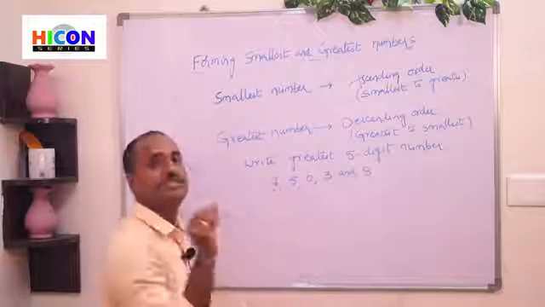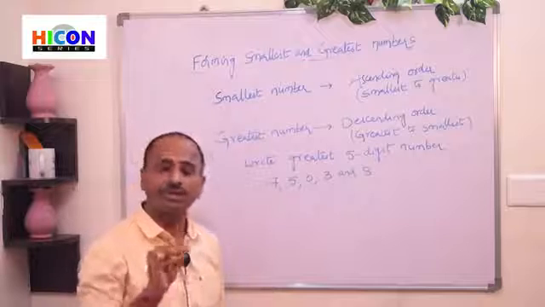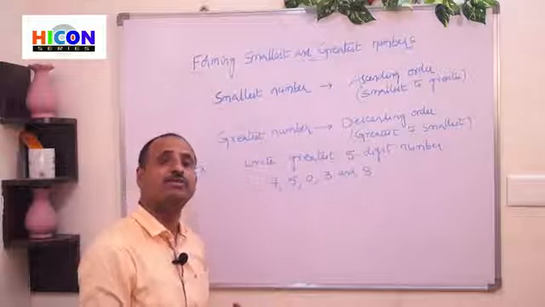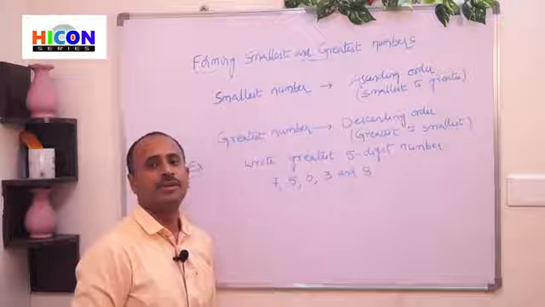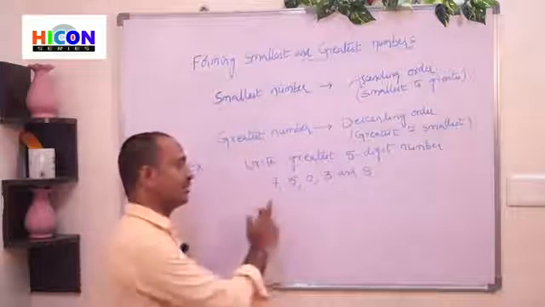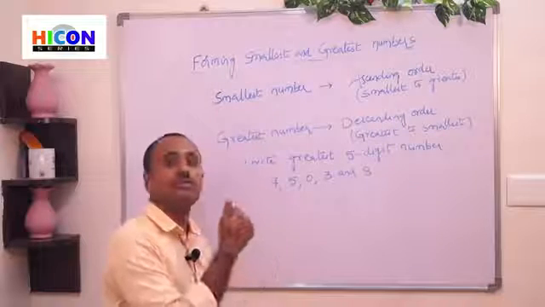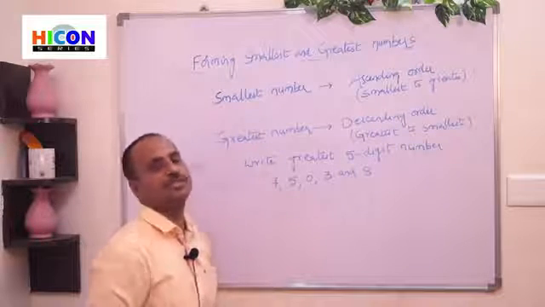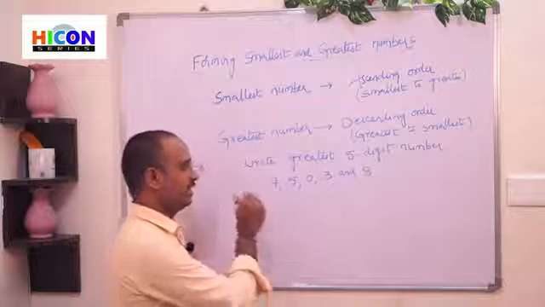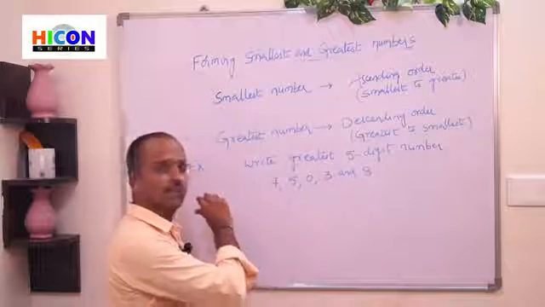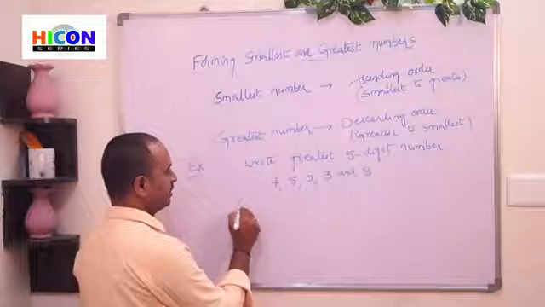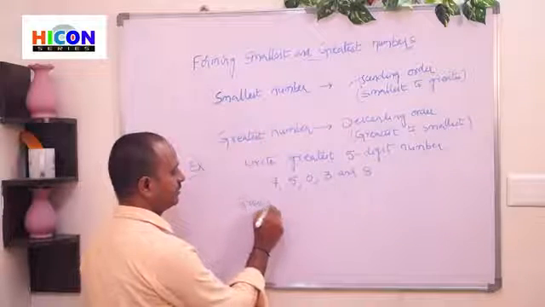So a total of 5 digits are given. So we can form 5-digit numbers. We can form the greatest 5-digit number and also the smallest 5-digit number. And we can also form 6-digit numbers, and 7-digit numbers also, by using these 5 digits. So first, let us understand how to write the greatest 5-digit number and how to write the smallest 5-digit number. So first, the greatest 5-digit number.